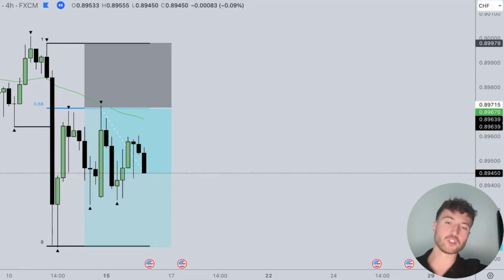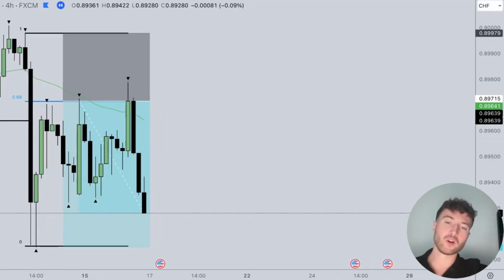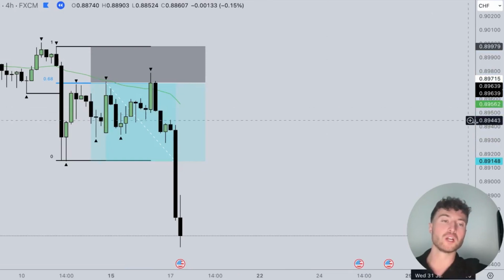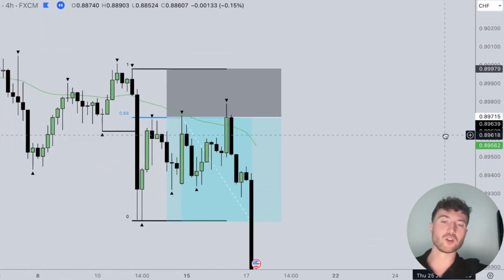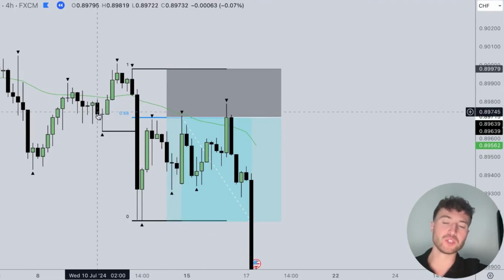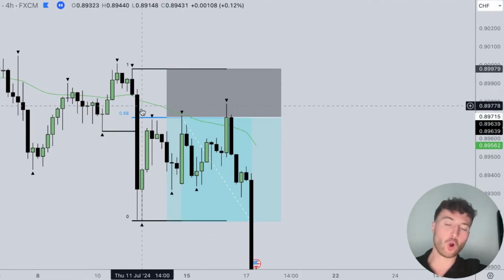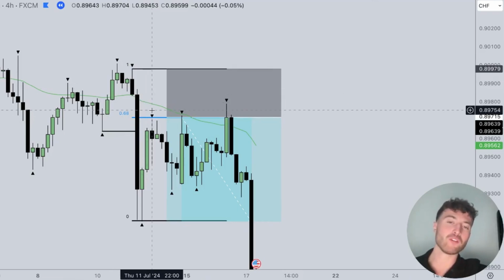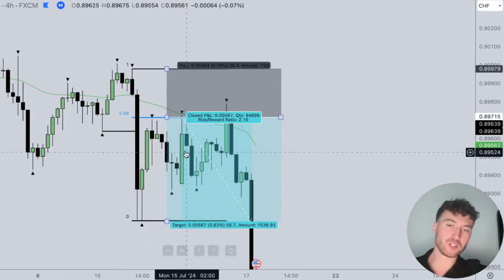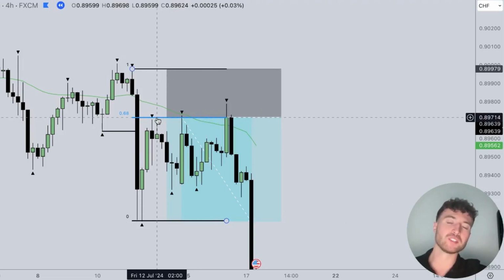Okay, so price is just playing out here, and ultimately, you can see that a 1 to 2 risk to reward was hit on this trade. Okay, so this is how you use the break of structure in confluence with your EMAs, which is the 50 EMA. You have a quantifiable risk parameter here, a quantifiable target, and you're triggered at a 0.68 retracement of that move